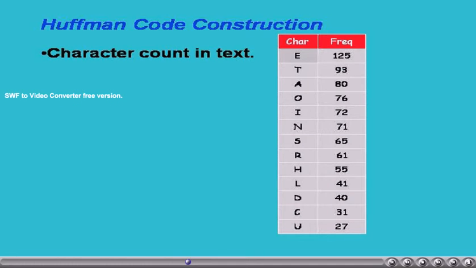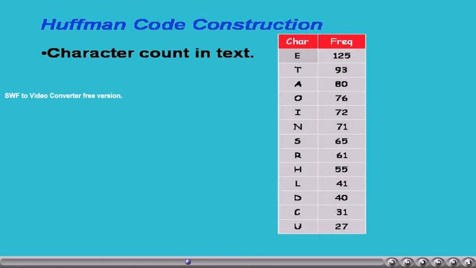Let us consider another example. The symbols, that is the characters, are shown in the slide. They are E, T, A, O, I, N, S, R, H, L, D, C, U. The frequencies are given.